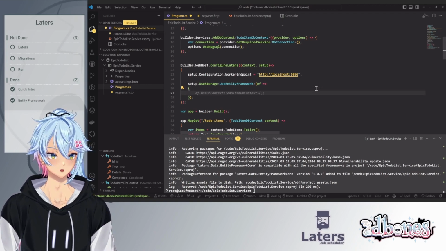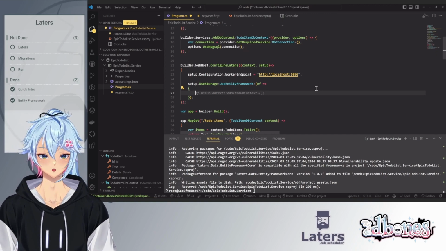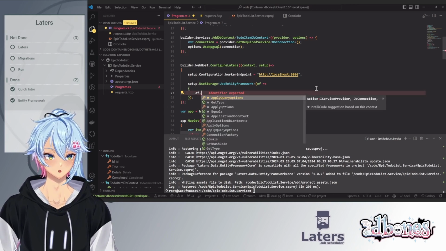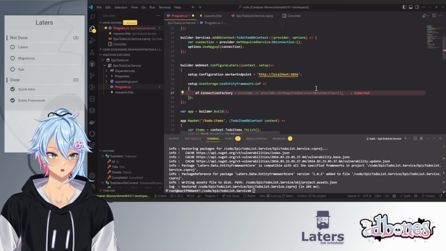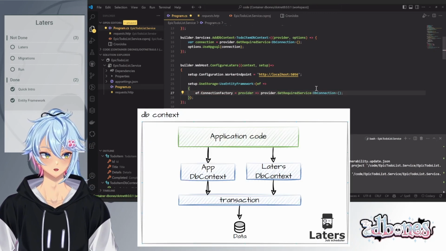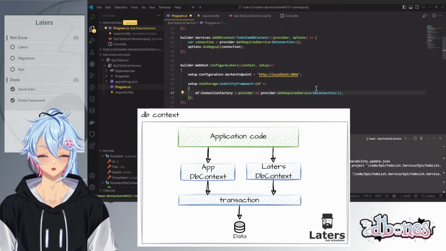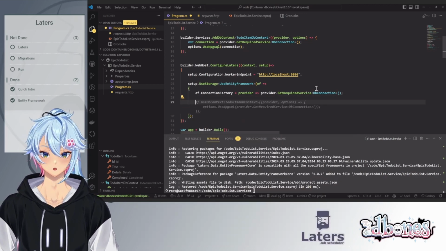Perfect. This will allow us now to configure Entity Framework to work with the same database connection. So to make it use the same database connection, we just do EF, and then we can say that the connection factory is equal to this. That's it. And now we're using the same database connection as the DbContext of the to-do items. The other thing we need to do is let